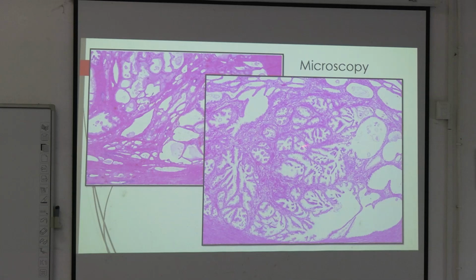On higher power, you can see these papillary infoldings, and each gland will be lined by two cell layers, the inner columnar and the outer cuboidal. If the glands are lined by two cell layers, then it is a benign condition. In adenocarcinoma, they will be lined by a single layer. That is how you differentiate. It is very difficult to differentiate between adeno and benign cases in prostatic biopsies.